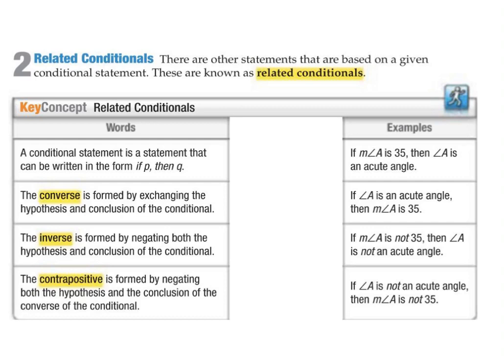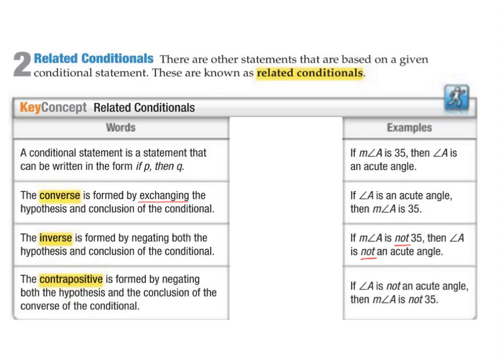So a converse is basically caused by switching the hypothesis and the conclusion. So by exchanging or switching. The inverse is formed by making it negative. So negating or saying the opposite is true, and it's usually just by including the word not in it. And then the contrapositive is a combination of both converse and inverse, where we switch the order and we also include nots. So looking at a few of the examples,